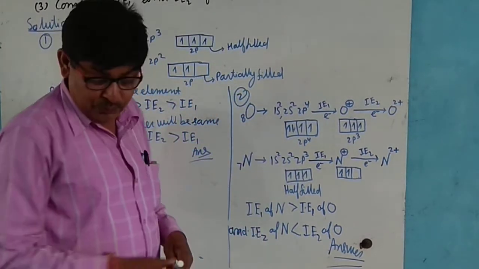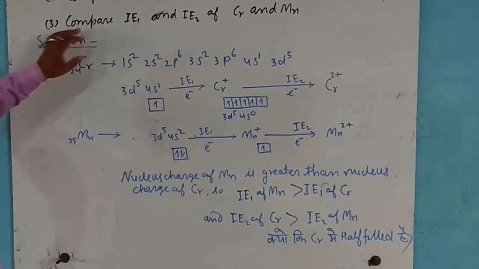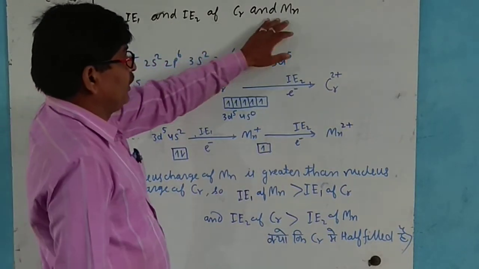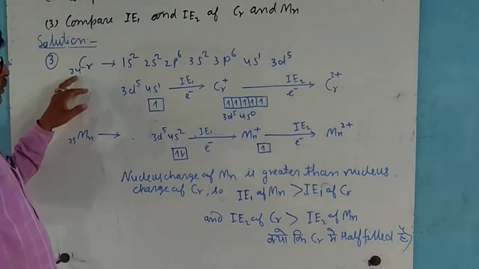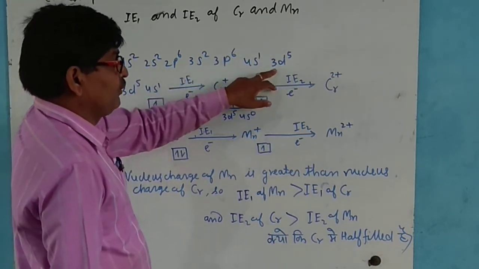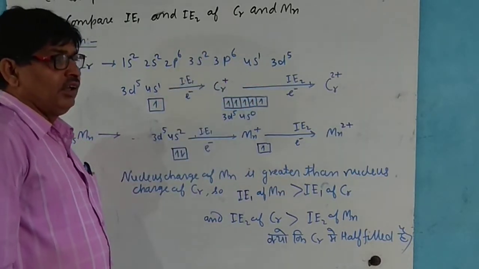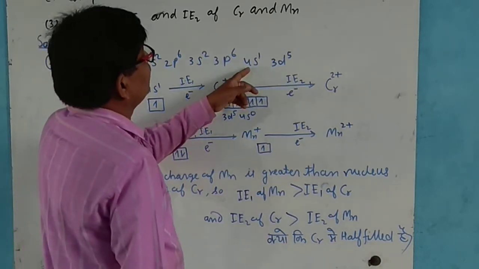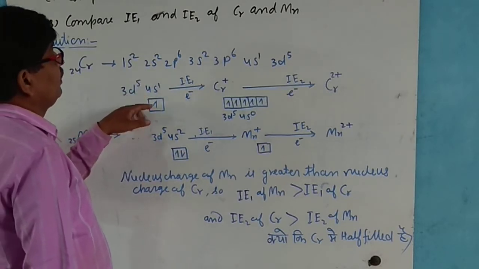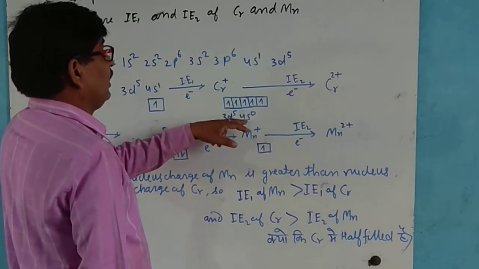Now we take the third example. Third question: compare the first ionization energy and second ionization energy of chromium and manganese. Here chromium is 24: 1s2, 2s2, 2p6, 3s2, 3p6, 4s1 and 3d5. As you know, the electron is removed from the valence shell, the outermost shell, so the electron is removed from the 4s. Here one electron is removed from 4s, so we get zero electrons in the s,